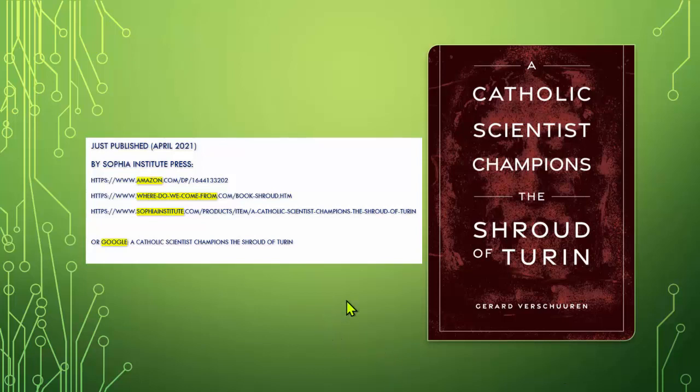Here is my latest book, A Catholic Scientist Champions the Shroud of Turin. It was just published in April 2021